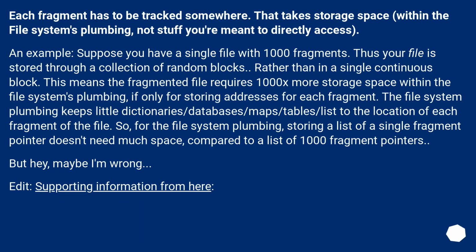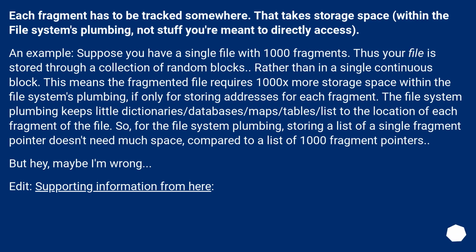Each fragment has to be tracked somewhere. That takes storage space within the file system's plumbing, not stuff you're meant to directly access. An example: suppose you have a single file with 1000 fragments. Thus your file is stored through a collection of random blocks, rather than in a single continuous block. This means the fragmented file requires 1000x more storage space within the file system's plumbing, if only for storing addresses